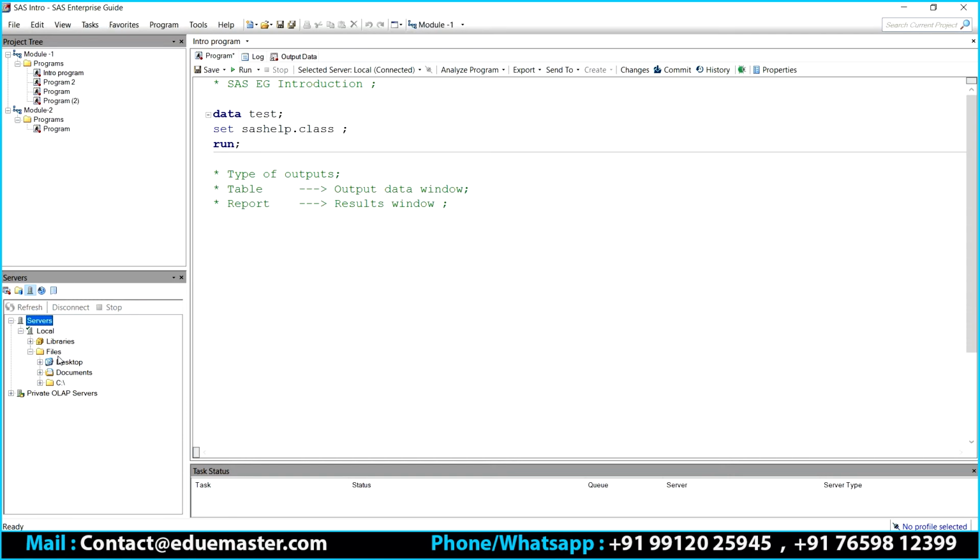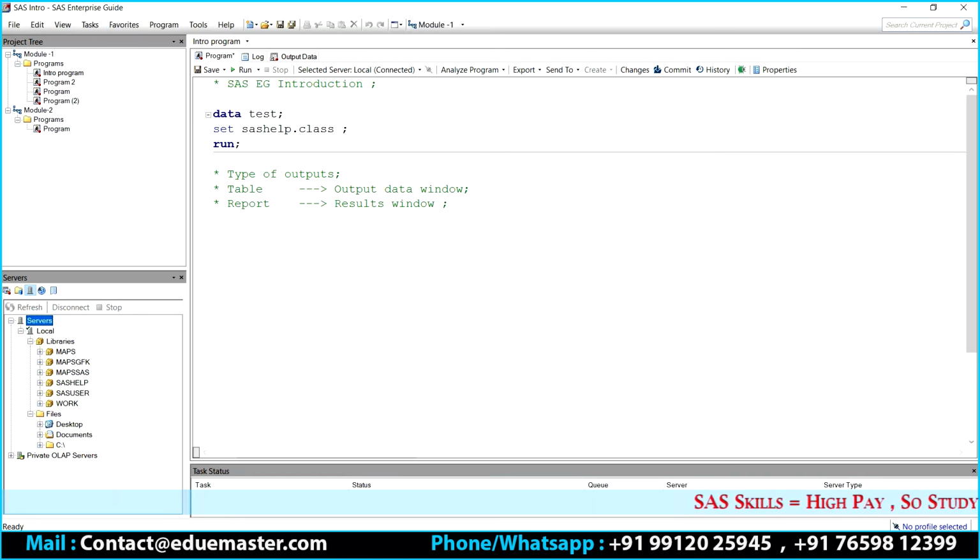Then I can see libraries. Libraries are very specific to SAS. What is a library? What is the importance of this? What are all the various libraries I need to be aware of? All this we are going to discuss in module number 1.